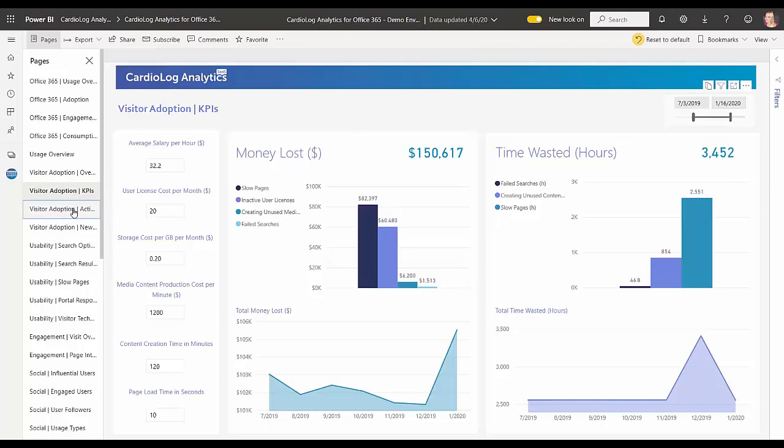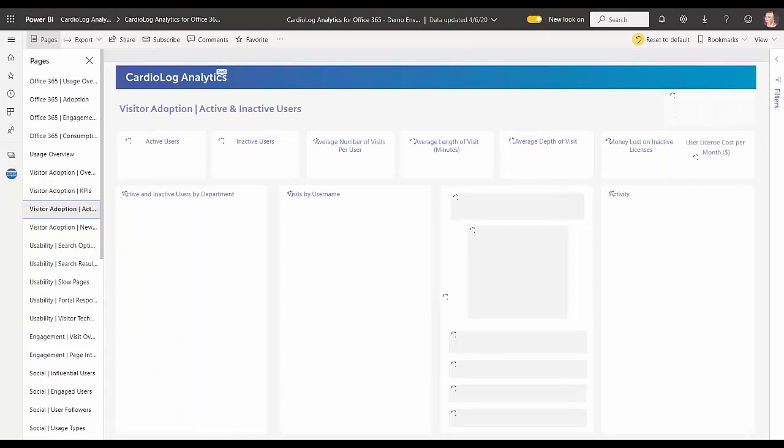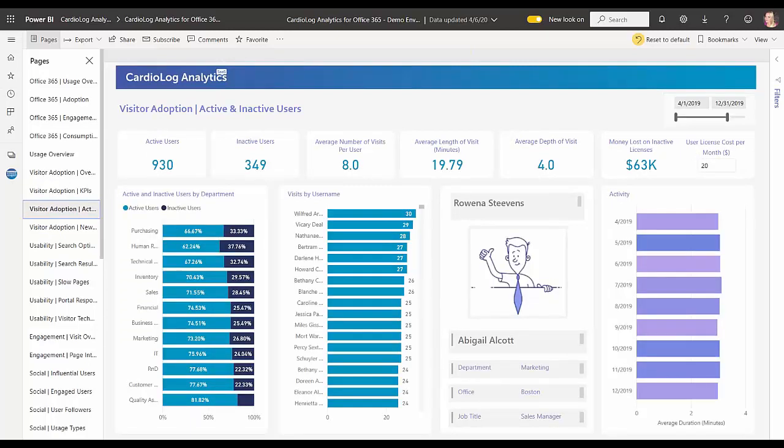If I hop into our next dashboard that I want to show you, visit adoption, active and inactive users. So here you can see the money lost on inactive licenses. That is why it's very important to also use analytics insights to target those inactive users in order to get them to also be productive and collaborative to improve a company's ROI and not lose this money on these inactive licenses. If you hop over to search optimization,